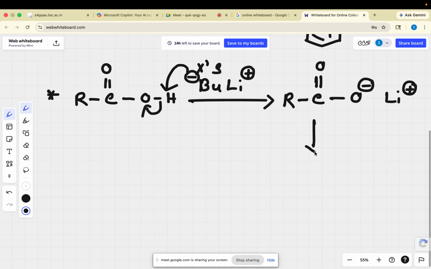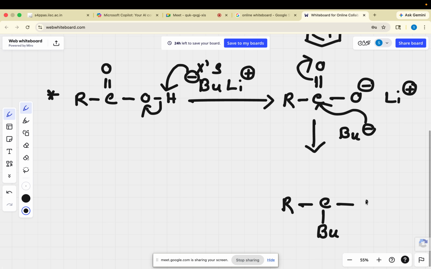Now again you have butyl minus, because we are using it in excess. So butyl minus will attack on the carbonyl carbon, and again this bond will break. So I am getting this RC, here you have the butyl group, here I am getting O minus, and here also you are getting O minus. If you do workup,